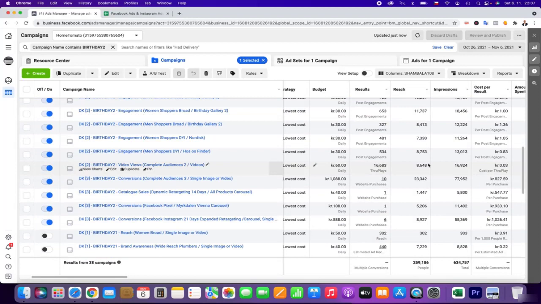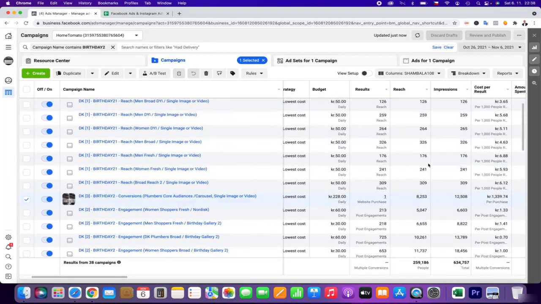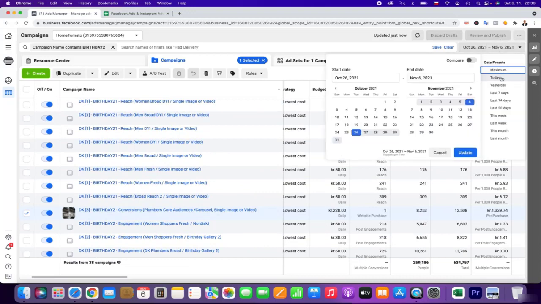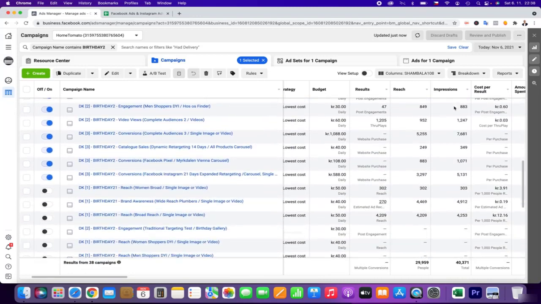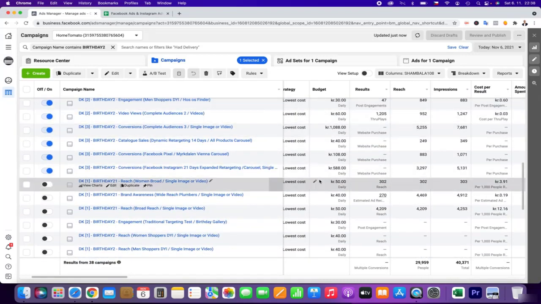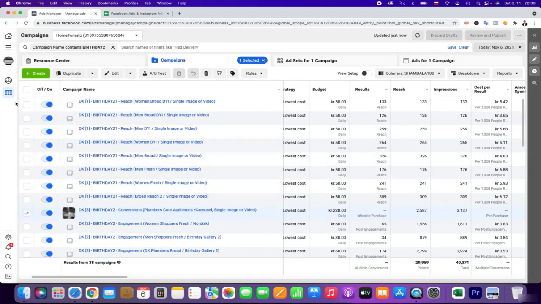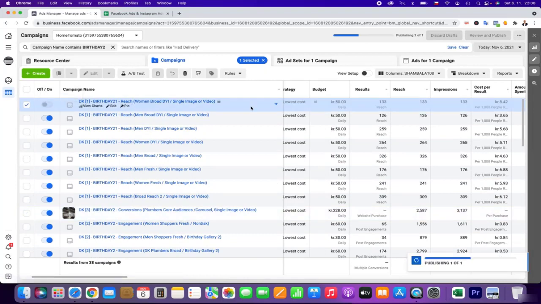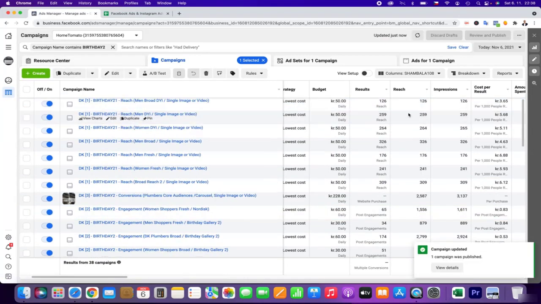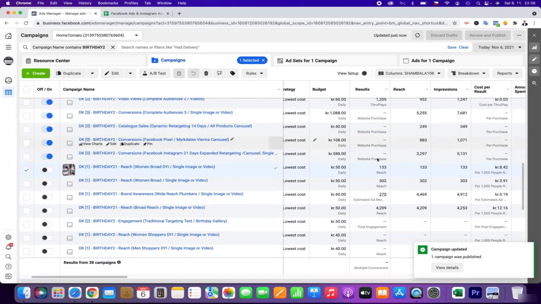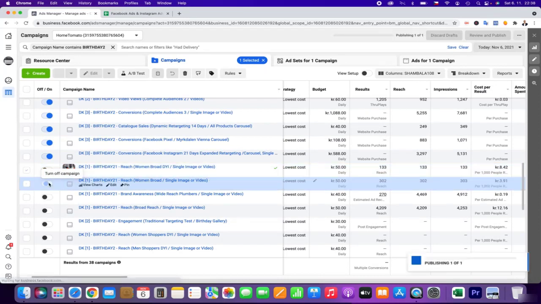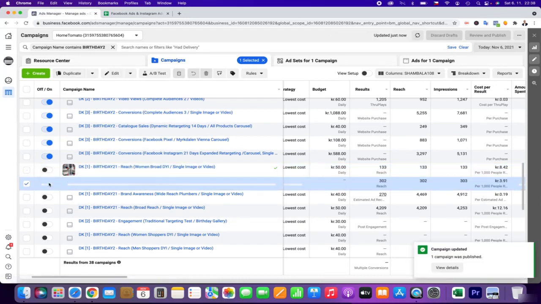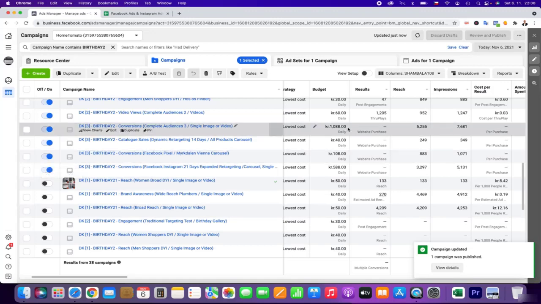Even though the purchases are not so many, I'm quite confident it will be okay. We will start well, and I will just check. I think I need to turn this off, because there was one starting extremely well, so I need to activate this. Yeah, this is starting much better.